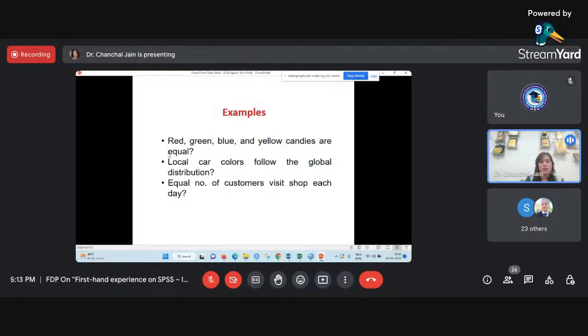So using the chi-square test, we are expected to find whether sellers follow the global distribution or not, or whether an equal number of customers visit the shop each day or not. These are certain examples of the goodness of fit